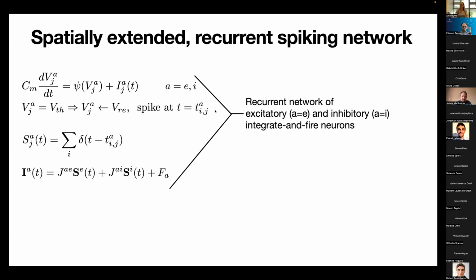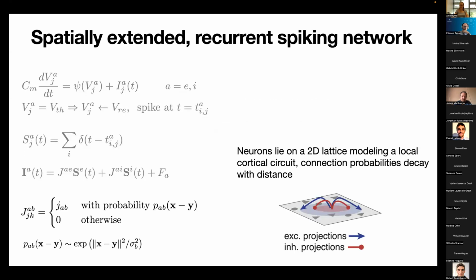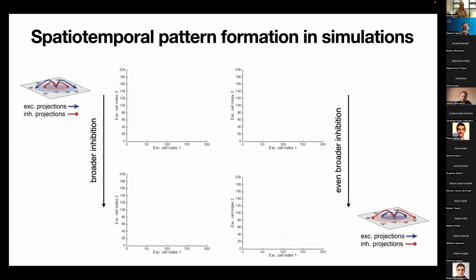We consider spatially homogeneous input to the network right now, because we want to focus on dynamics that arise intrinsically in the network. We'll also be arranging these neurons uniformly on a square domain, on a lattice, with connection probabilities that decay with distance, like a Gaussian. So the connection weights depend on neuron type and the probabilities depend on distance. A lot of these details aren't so important for the things I'm going to be talking about, but all the simulations look like this. So first, I'm going to start off by showing you what the simulations of this